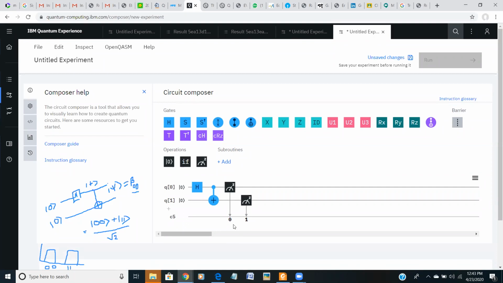Now you see the zeroth qubit and first qubit are the measurement result. Okay, you can rename the circuit as a Bell circuit. Save the change.